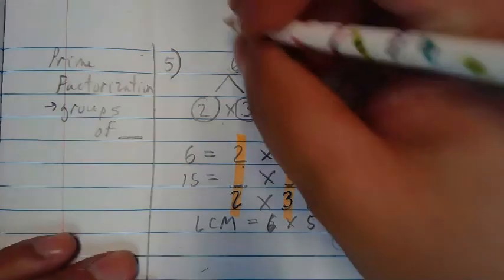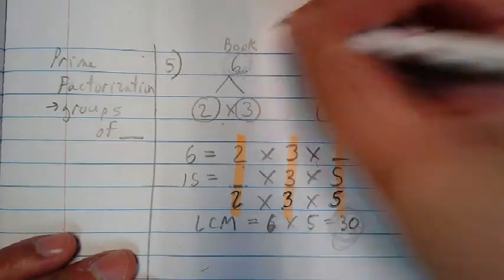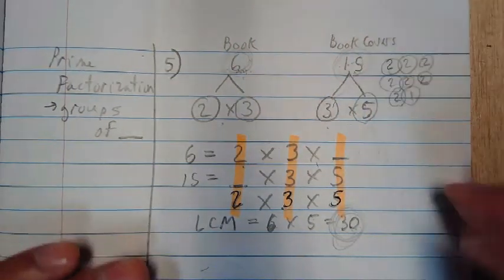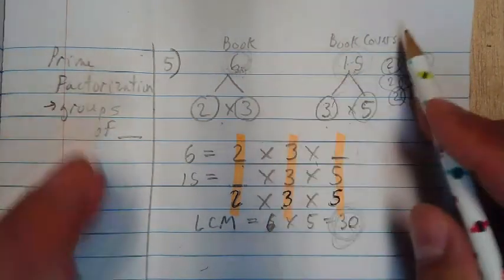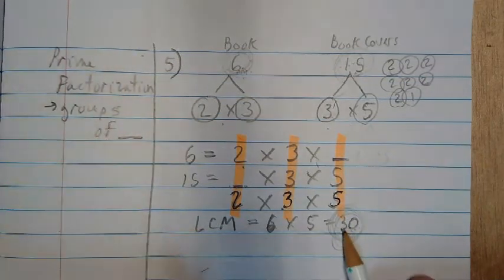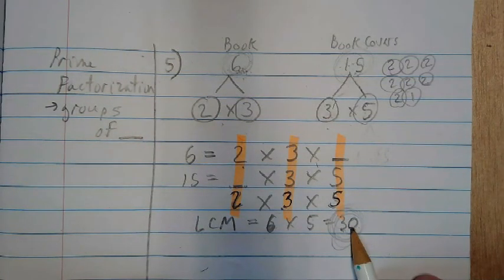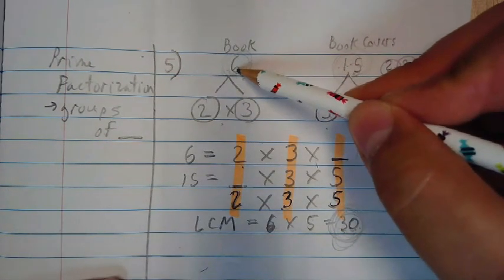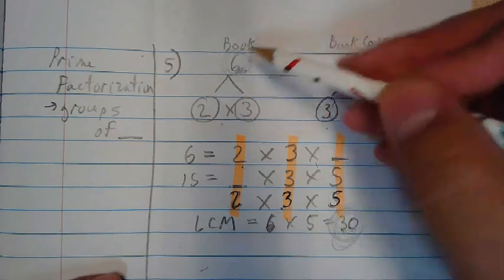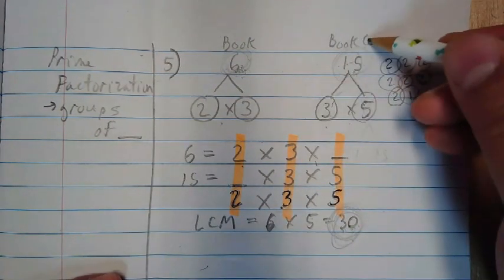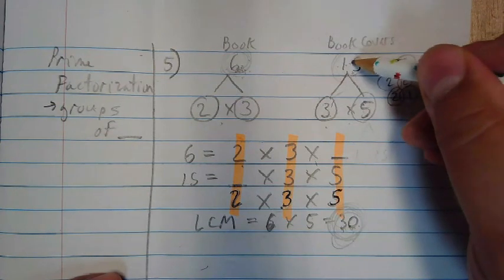Here's the deal. This is where we're going to play with it a little bit. All right. For 6, we have 2 times 3. Right? For 15, do we have a 2? Let's look. No, we don't. Do we have a 3? Yes, we have 1. And then we have a 5. And we don't have a 5 up here. Now,